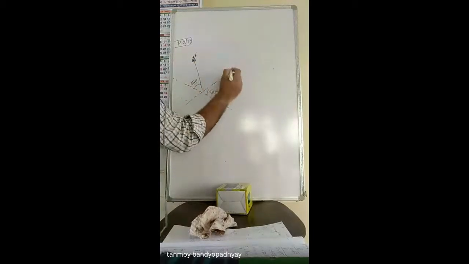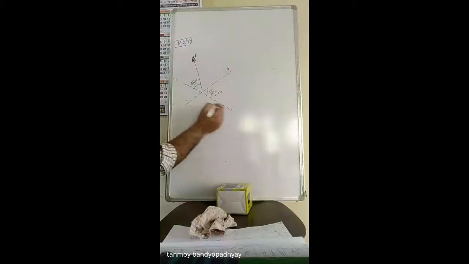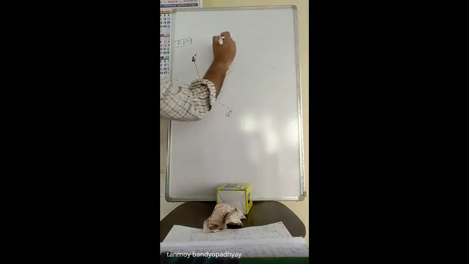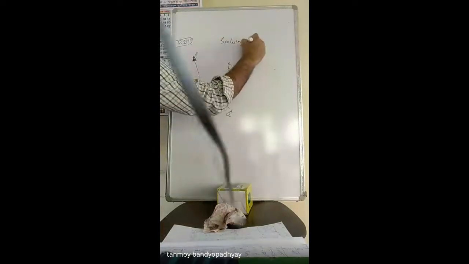Okay, write: let A cap and B cap be the unit vectors along the directions of the oblique axes A and B respectively. Then write: solving